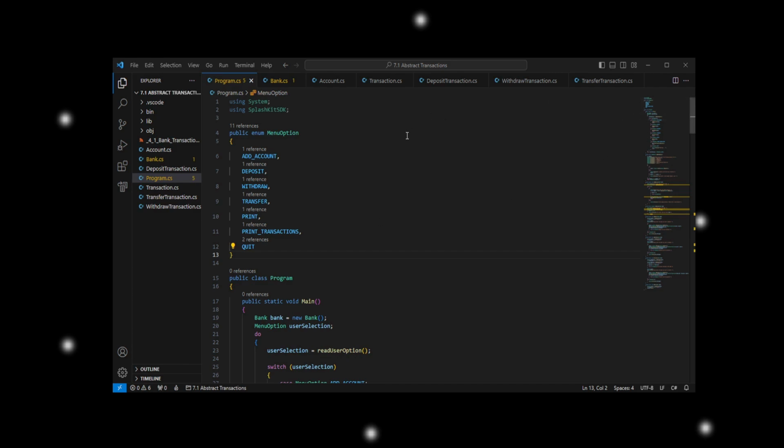So we have a number of classes in our code: program, bank, account, transaction, deposit transaction, withdraw transaction, and transfer transaction. Our program class is sort of the main hub of the program. It takes in objects from all the other classes, and